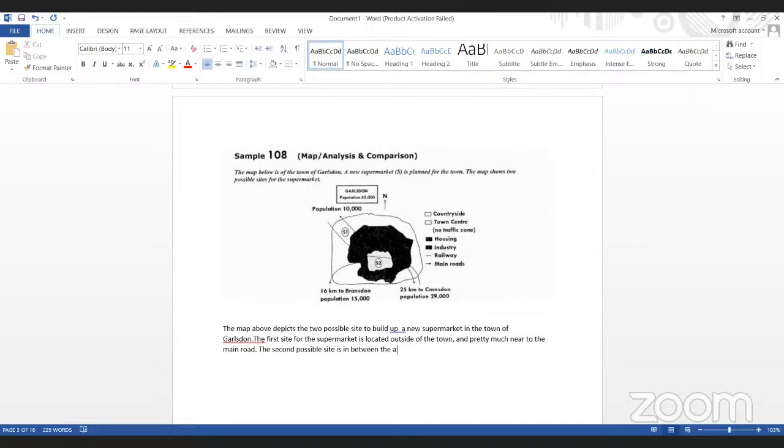In between a housing area and as well as an industrial area,